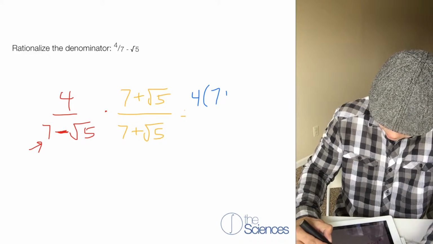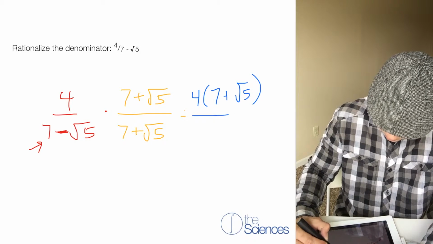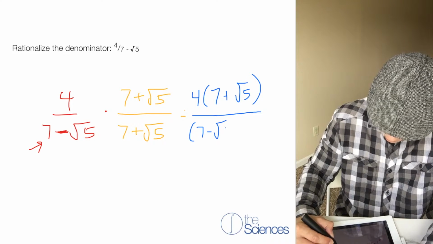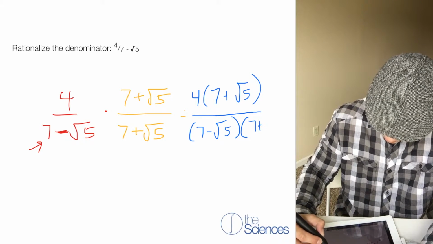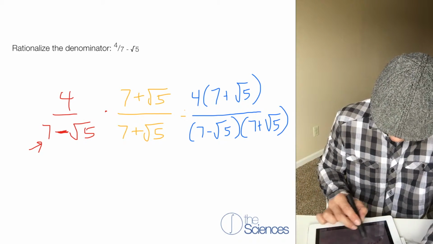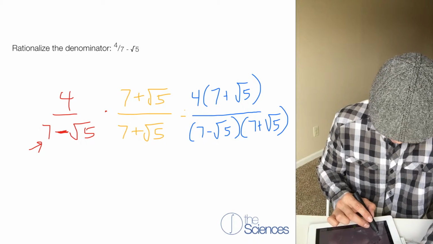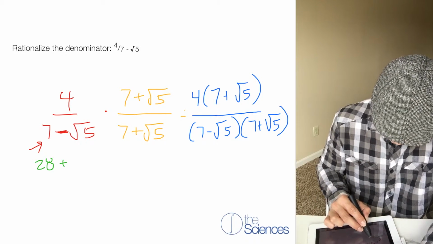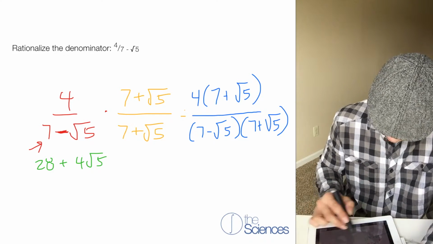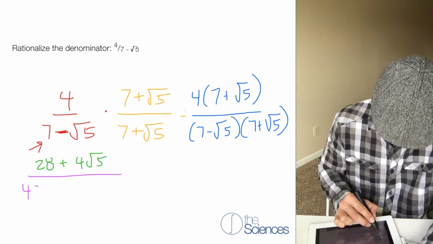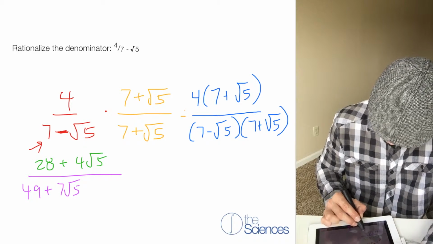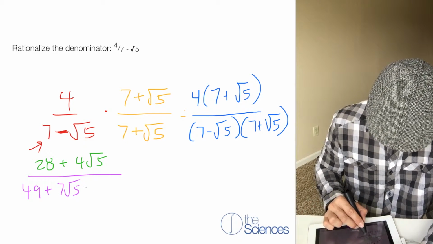4 times 7 plus the square root of 5, over 7 minus the square root of 5 times 7 plus the square root of 5. So now we have 4 times 7 is 28 plus 4 square root of 5. And here we have 7 times 7 is 49. We're using the FOIL method. Plus 7 square root of 5 minus 7 square root of 5